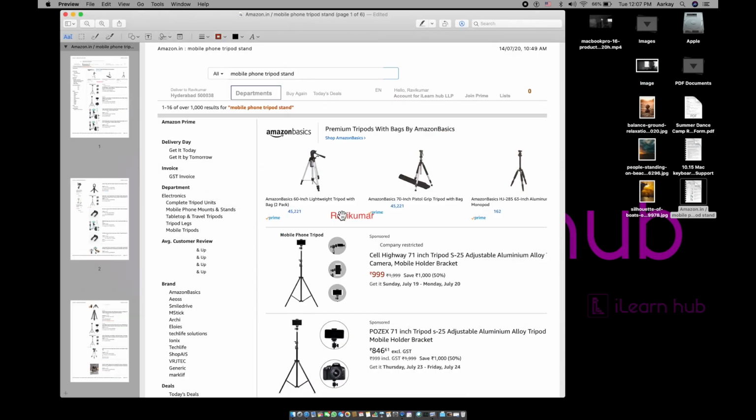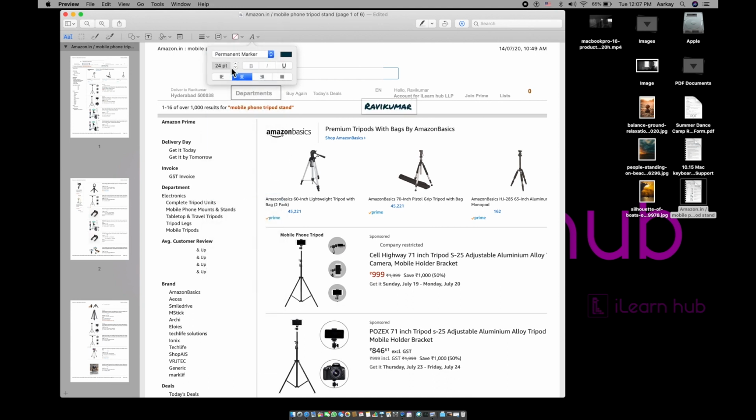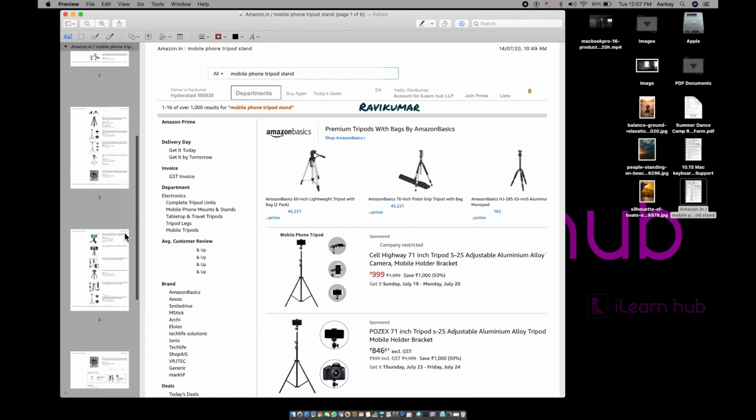Now I drag this somewhere else, and if I want to change the color of the text, you can click on this option and change the color as you wish, maybe black, and change the font. Whatever fonts are available in your Mac operating system are all applicable here, and you can even change the font size, etcetera.